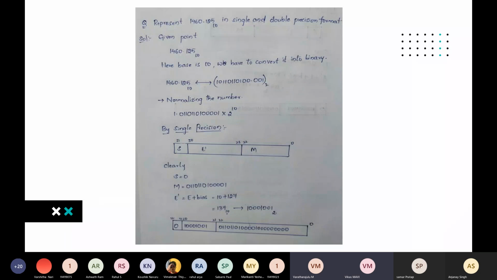So here the question is: represent 1460.125 base 10 in single and double precision format. You can see it is base 10, so it is a decimal number. We have to convert it into binary. I have converted it into binary, and it will be like